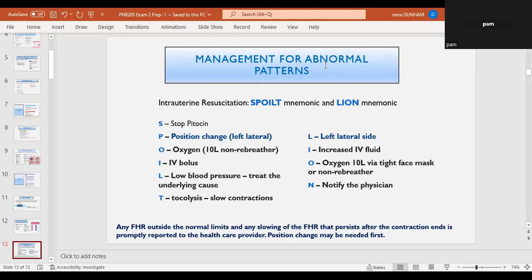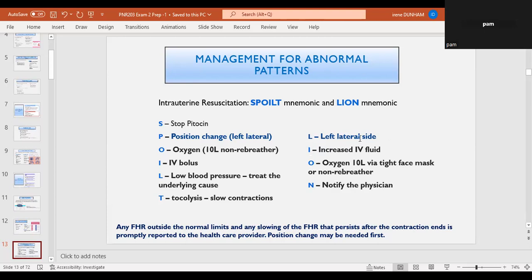I have to move mom in order to get more oxygen flow to the fetus. That's all it is. So I'll start out here with LION, and this is a good one to remember. So you write down LION. Okay, so what we're going to do if we get an abnormal fetal heart rate pattern,